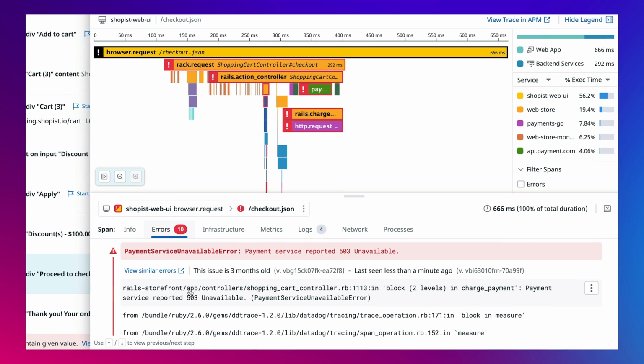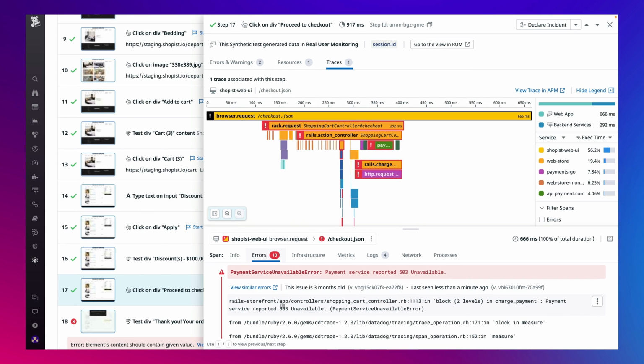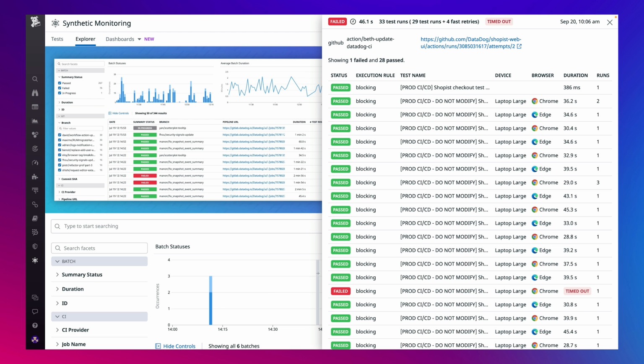With the insight that the team gathers from the test result details and Datadog APM, they can make the appropriate changes to their pull requests to ensure they don't break the checkout flow or any other key business workflows before merging the code to production. With Datadog continuous testing, teams can find and fix defects earlier on in their development process to help them reduce MTTD and MTTR and expedite their release velocity.